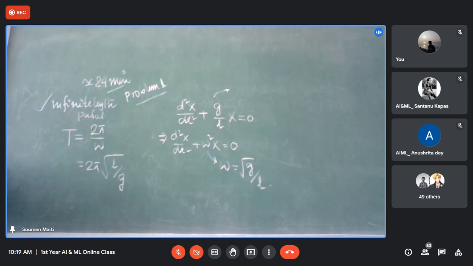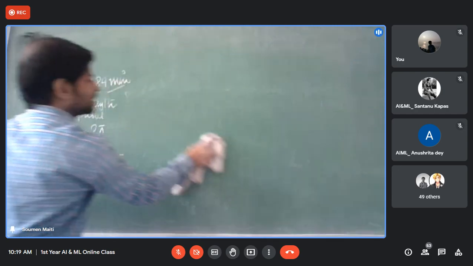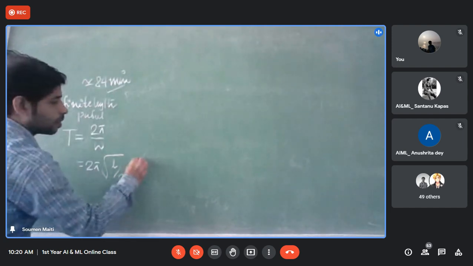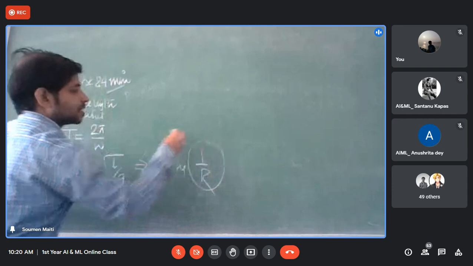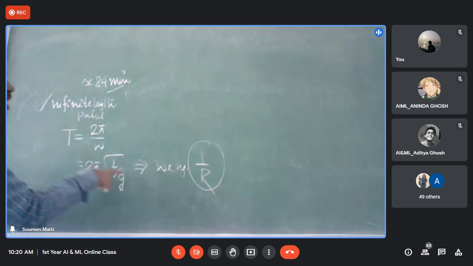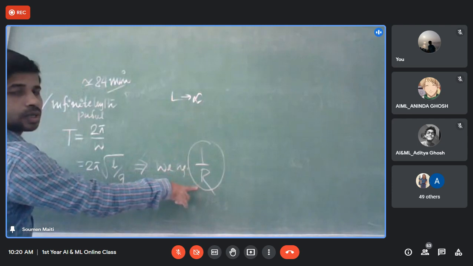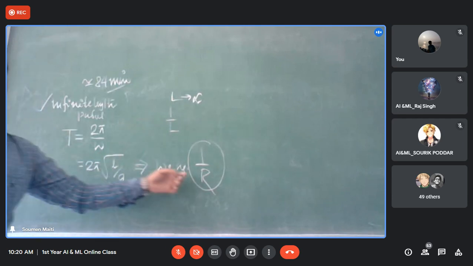From this equation, it will not be proved. It is the extension of this problem, not the exact extension, but you can check this one. Can you remember from where this equation comes? In this equation, remember one thing, we neglect the term 1 by R, the radius of Earth, yes or no? But for an infinite length pendulum, if L equals infinity, can I ignore this one? No, no. We can only ignore 1 by L, but we have to put the 1 by R value.